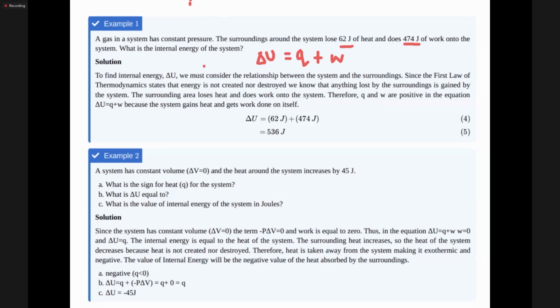And also, it is shown that it is doing some work onto the system. So the surroundings is performing 474 joules of work on the system. Work done by the system is termed as negative, and work done on the system is termed as positive. So here both Q and W are positive,